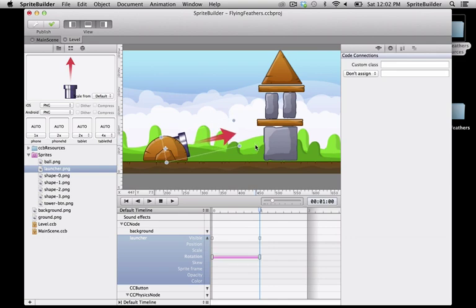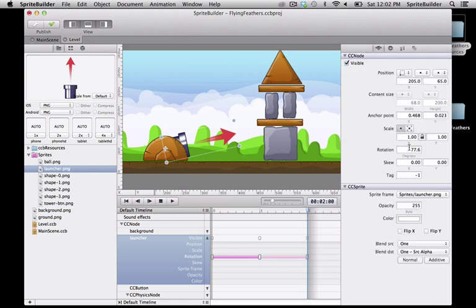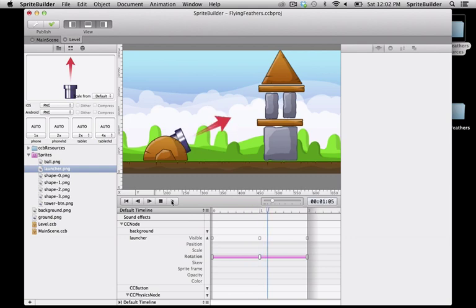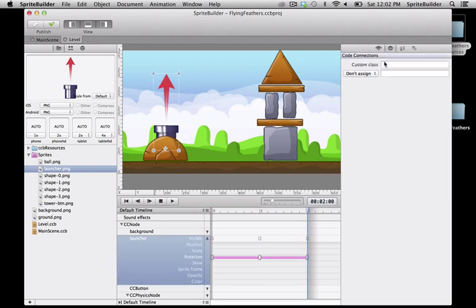Then we'll drag this out to 2 seconds and use the shortcut R on our keyboard to set another keyframe. Then we'll change the degrees to 0 so it will rotate back up. Let's press play and watch it rotate. Nice! Lastly, we'll connect the launcher to our code by assigning it to a member variable on the root node,